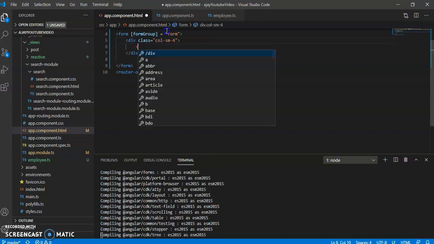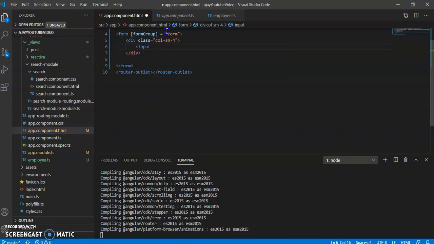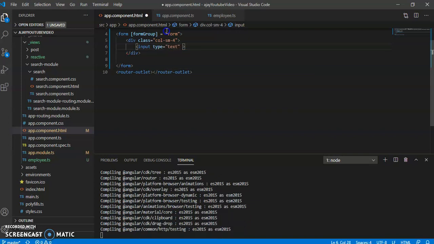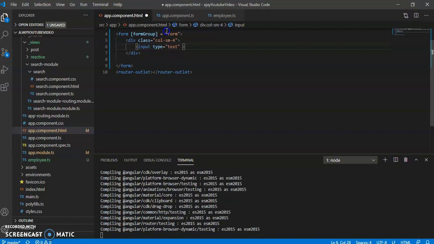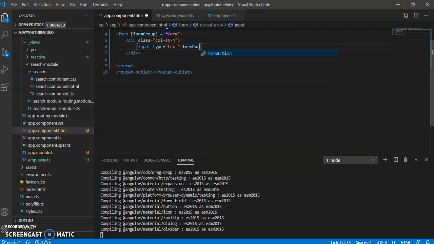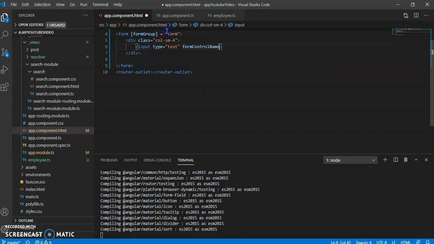Now I am writing an input syntax for a text box. It's an input, type is text. Now what is my name? I am giving my name as employeeName, formControlName. Remember this formControlName syntax because it should be in camel case.